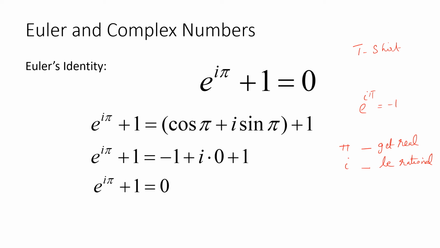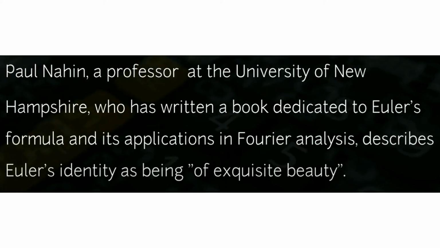Now maybe we can add one more punchline to this. We can say, e tells both i and pi, join me, and we will be 1. There, the minus sign is there. e tells i and pi, join me, we will be negative 1. So e raised to i pi equals negative 1. This is Euler's equation, or Euler's identity.